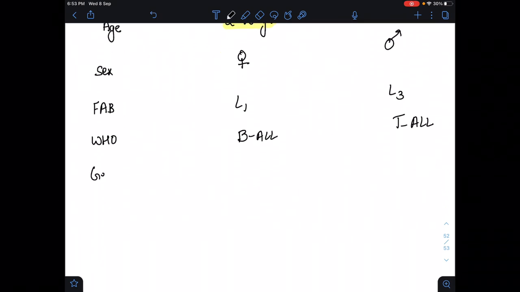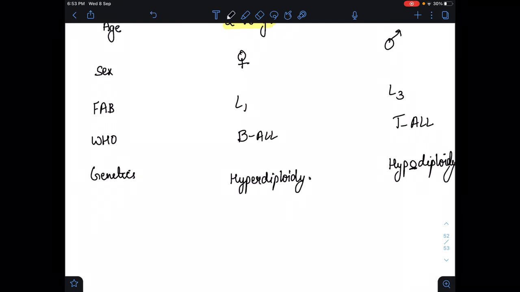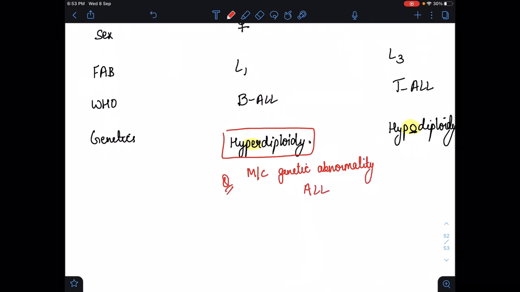And the genetics. In genetics we have hyperdiploidy and hypodiploidy. Hyperdiploidy has a good prognosis, while hypodiploidy has the bad prognosis. Now, in ALL, what is the most common genetic abnormality? Hyperdiploidy is the most common genetic abnormality in ALL. Please remember that the most common genetic abnormality in ALL is